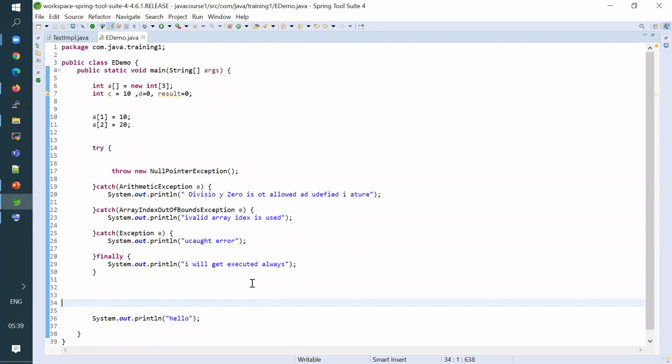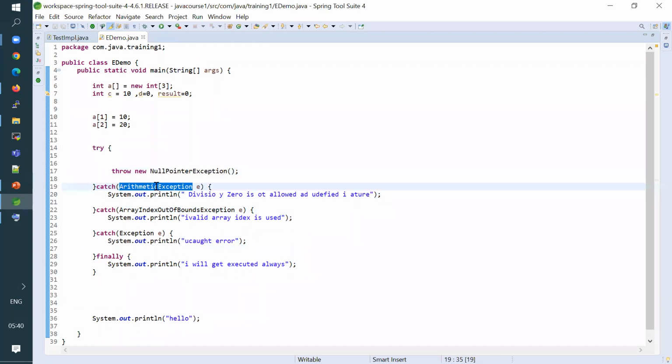The first one. The first one will not be executed because you're throwing a null pointer exception.